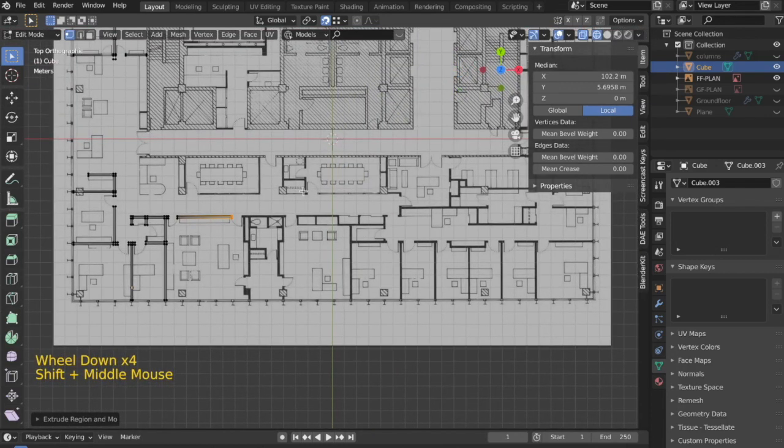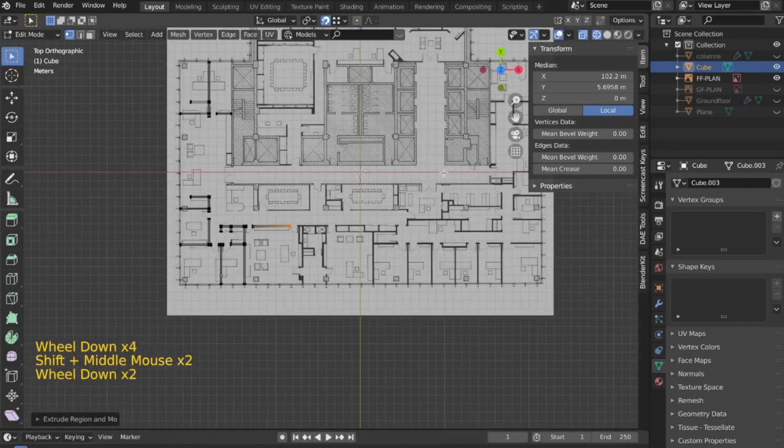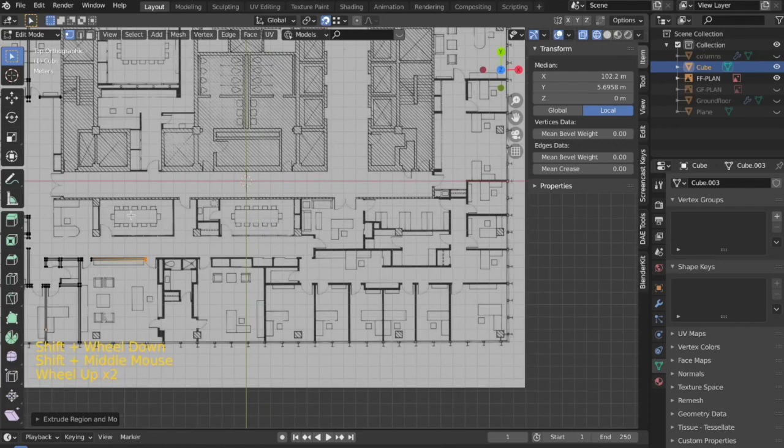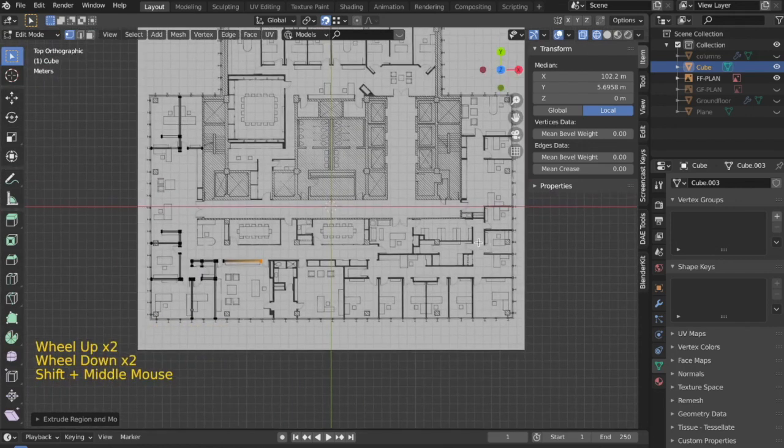So for now I'll leave it till this part only, and I hope you can complete the rest of it using this. I think you can model this part till here. You don't have to model this core part where the lifts and all are, because that would be too much of an overkill. But yes, you can model it at least till this wall. So for now I'm going to skip this part and let you complete it at home.